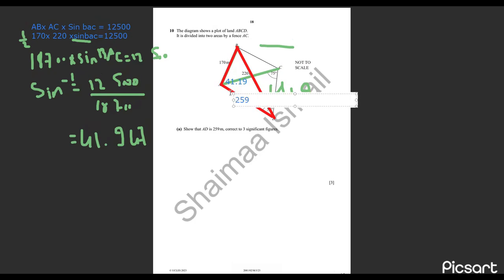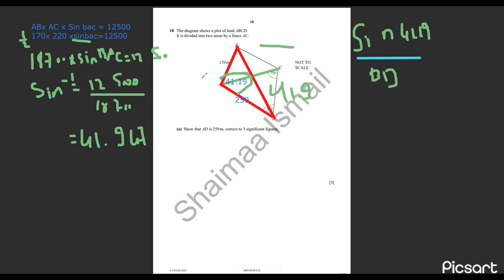So if you work it with the sine rule, we can say here sine 41.19 over the PD, the connected line, we need to get, over the PD will be equal to